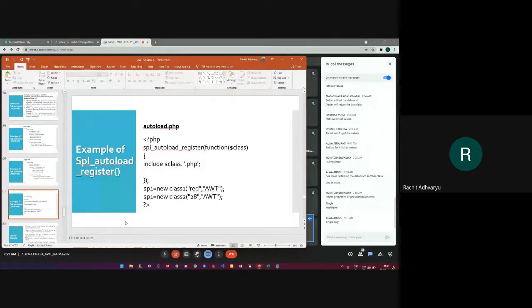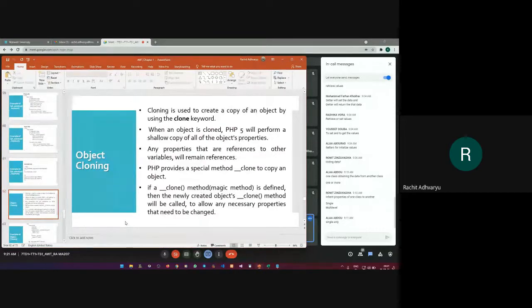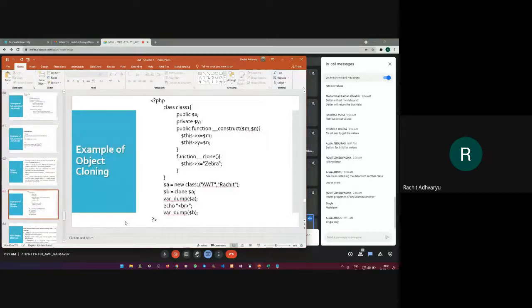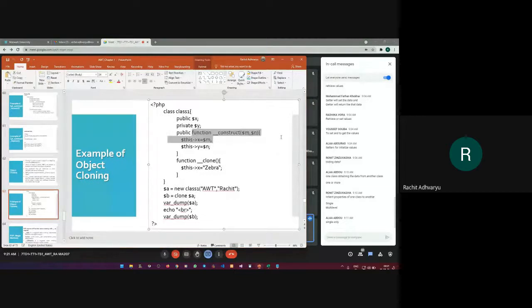Then we have the concept of object cloning. So we actually clone the object. We create a duplicate copy of the same object that we have created. So that is what we call cloning of an object. So you can see the cloning can only be implemented on constructors. So we declare one constructor, and the same constructor's duplicate copy I am creating here with the keyword clone.